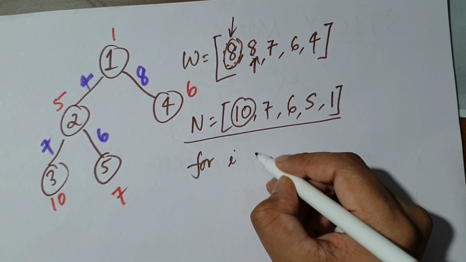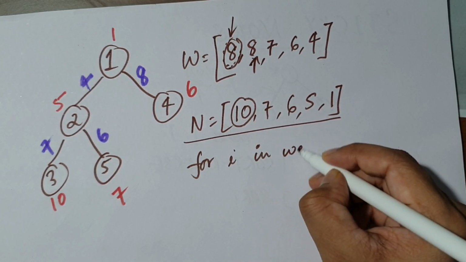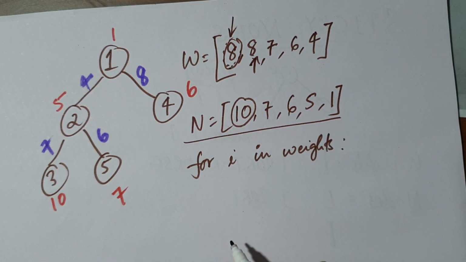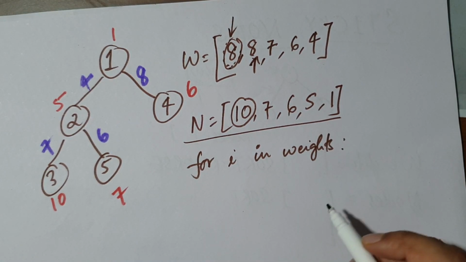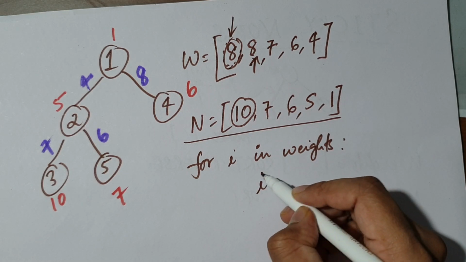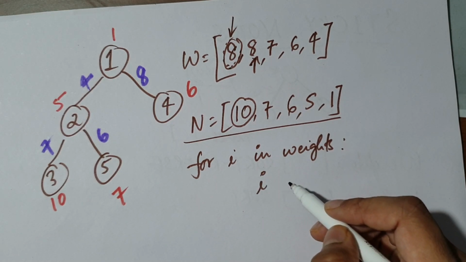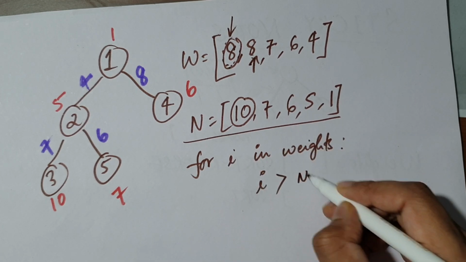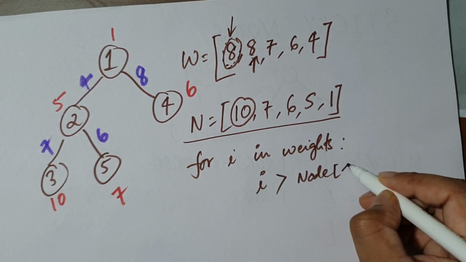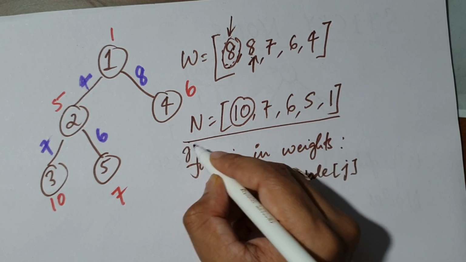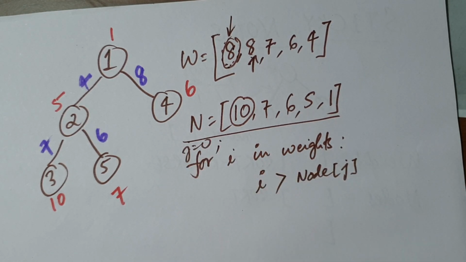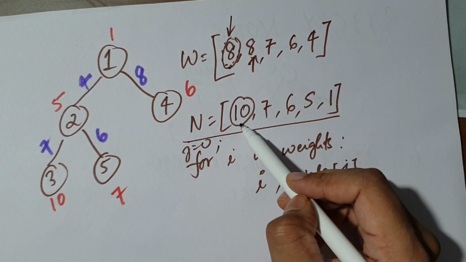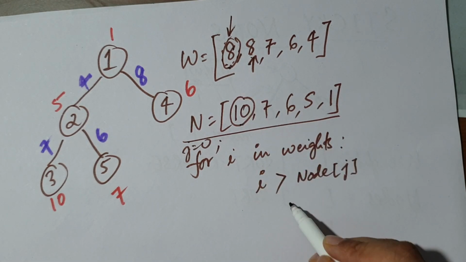For i in weights, we want to see if i, the weight we are talking about, is greater than the jth element of nodes. Here j is initialized to 0. So we are checking whether this is greater than this or not. If it is greater,